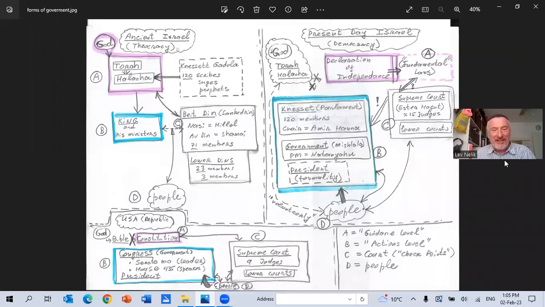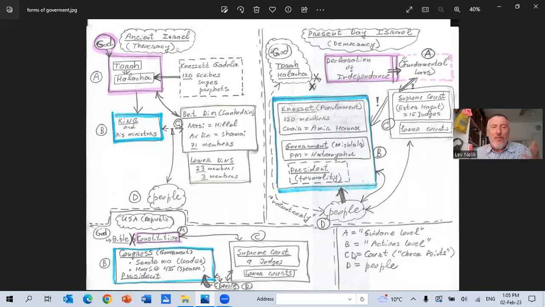Okay, so it looks very busy, but let's go through that. We have four quadrants here. On the top left quadrant, that's ancient Israel, theocracy. On the right side, this is present-day Israel, democracy. On the lower left, this is the United States, republic. And then on the lower right,